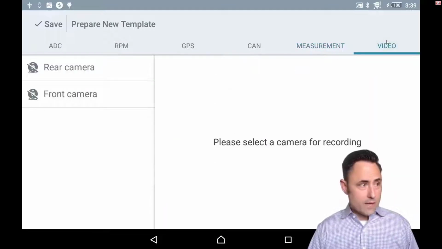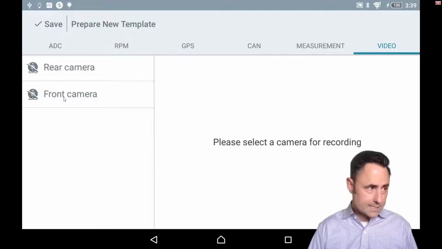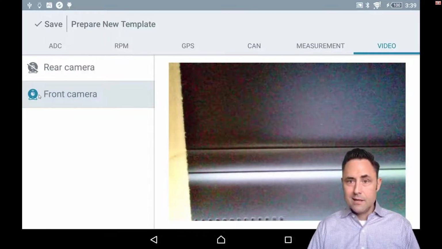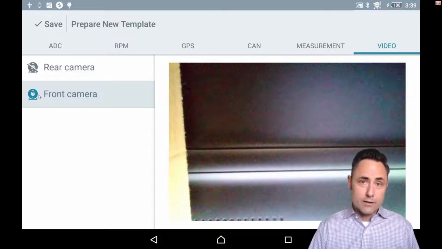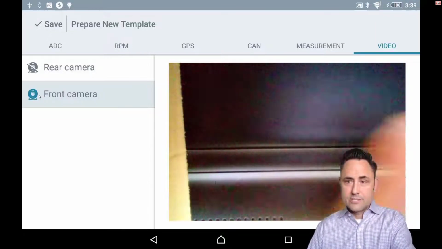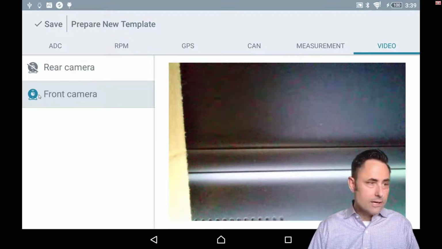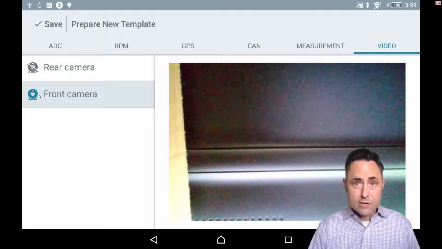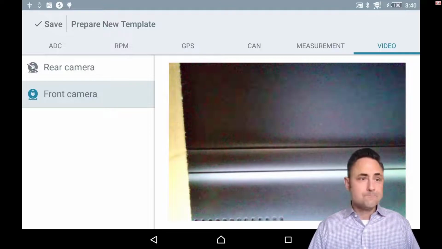I'm going to do one more thing just because it's kind of a neat feature that's come relatively recently. I have this tablet with me in my Scatus XS setup. We now allow you to record the feed from that camera live. You have the tablet with you, might as well get a video recording of your test. So you see this is a live video feed of the tablet sitting on my desk here. It's just a nice thing to have. It might capture something you don't anticipate, so I always put it on. You can also turn on the rear camera as well.